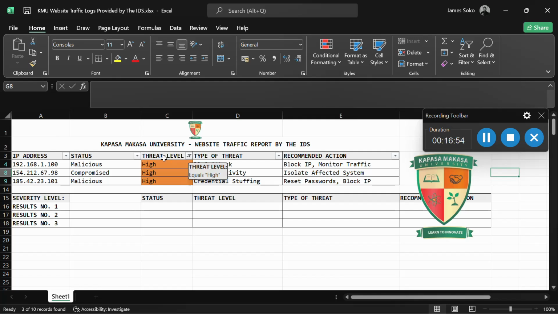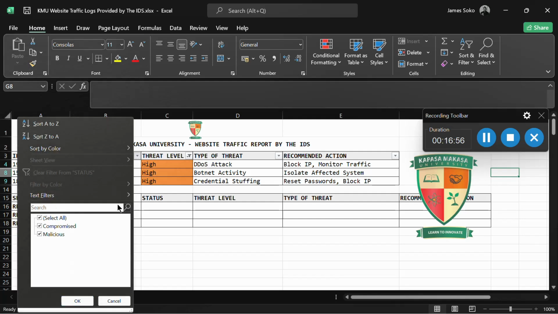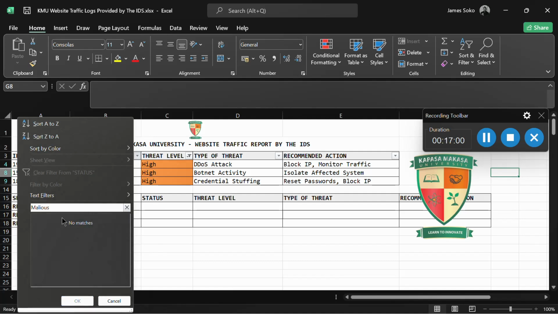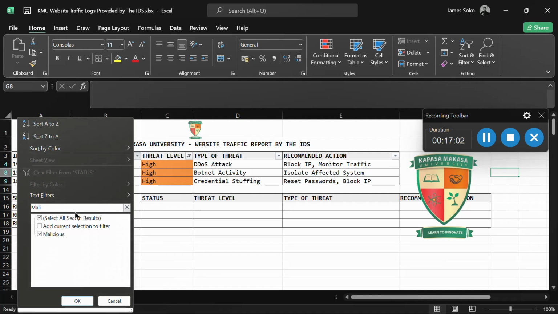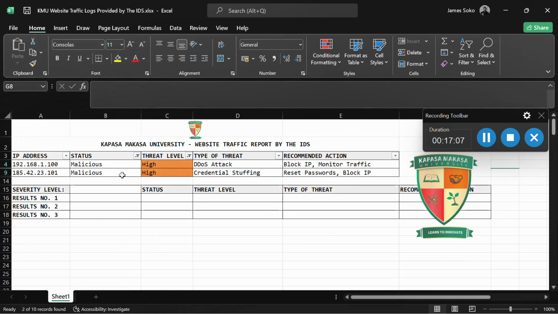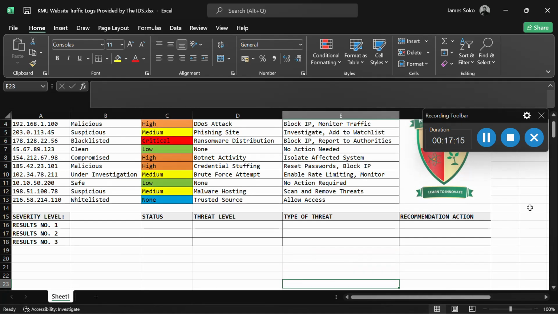We can do the same by now saying we just want something which is malicious based on the previous codes for multiple search I gave you. So we can do that. We just concentrate on something which is high and malicious. Okay. So Control Z to go back to our default.